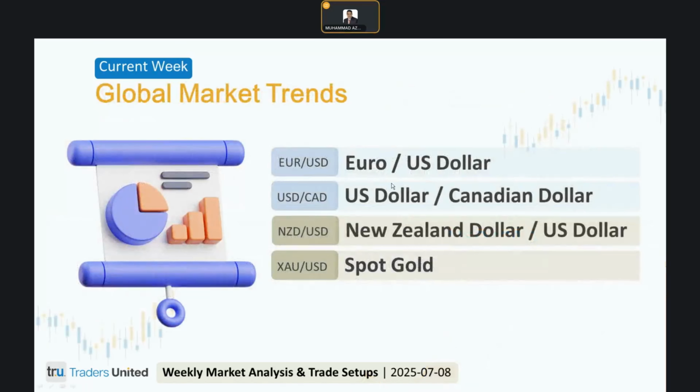Now, let us take a look at the euro dollar and USD CAD currency pair charts. Regarding the euro dollar currency pair, it seems to me we got kind of a top over here inside the euro dollar currency pair. Price action is trying to drop over here. However, the trend is still up, and it is possible that we might get a bullish surprise in the euro dollar currency pair.